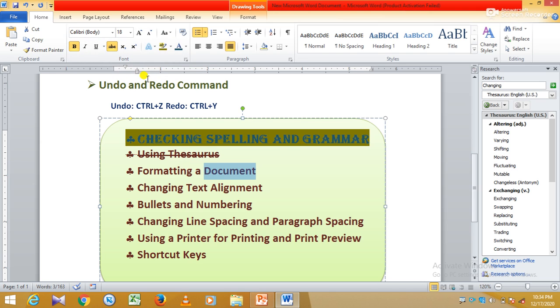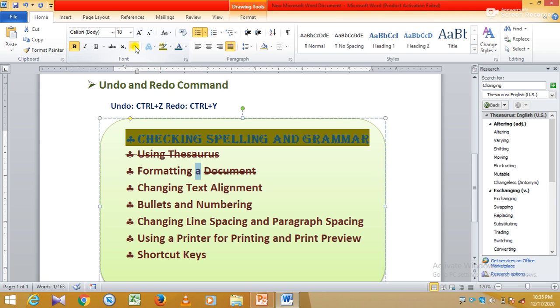Like I am making it here, you can see here, subscript. And superscript. This is subscript and superscript. So in this way you can apply the subscript and superscript to your text.